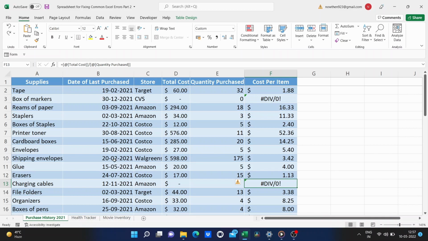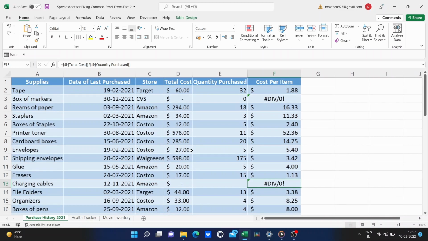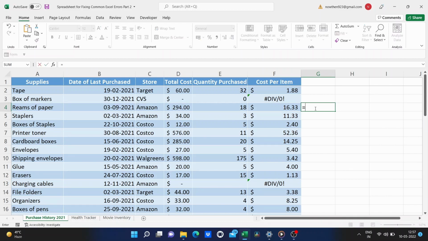So to do this, I'm going to go here off to the right. Let's just say G4, but it doesn't have to be there though. And I'll type equals. So this cell equals the sum of what? Well, I'll put a left parentheses and then I'm gonna click and drag. I could type the cell references here, but I'll just click and drag to get the first 8 or so items in this list.